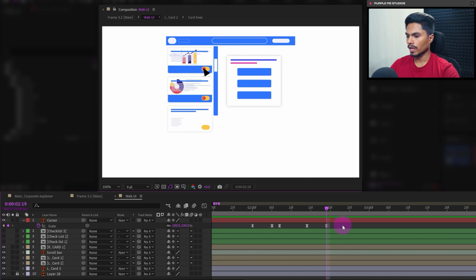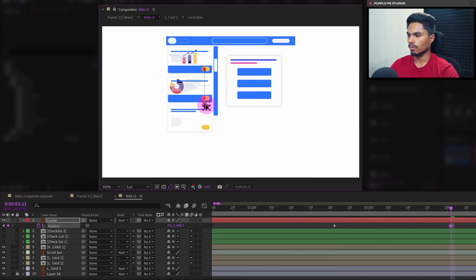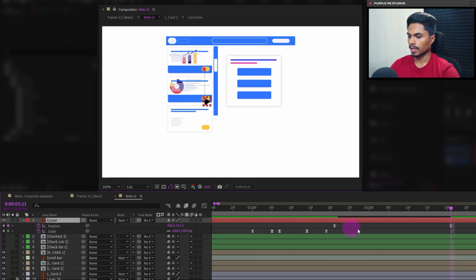Okay, so from this frame, let's jump on to next 2 frames, open the position property and add a keyframe. So right now we will move the cursor from this button to this button and then add the click. So let's jump on to next around 30 frames and just move it over here. Then ease the keyframes. Also, let's press U to open the properties with keyframe, and also we will make the motion path curved, not